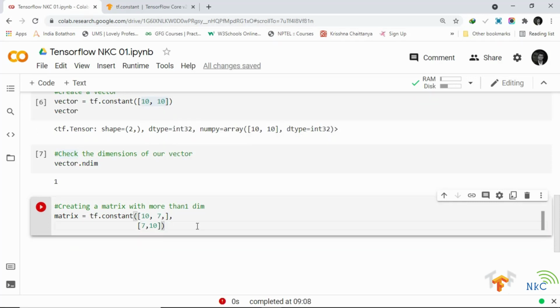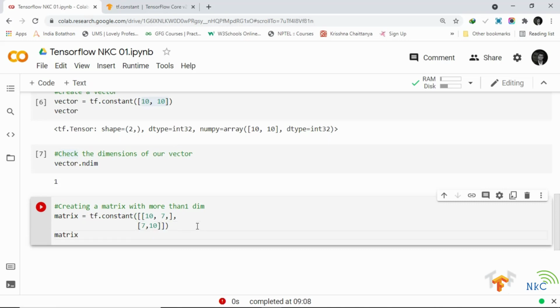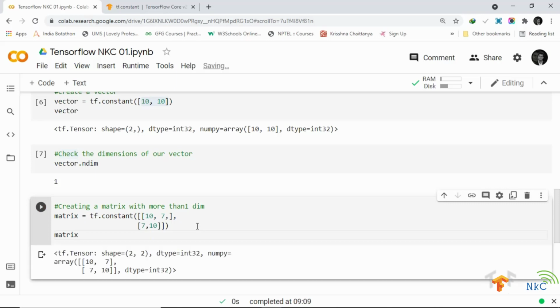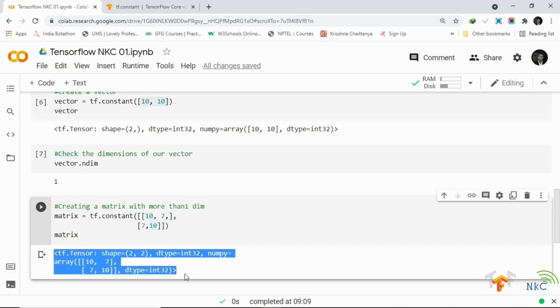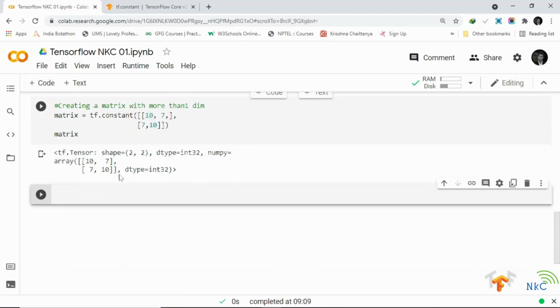My favorite hand is the 10, 7 matrix. Let's see what this is. Okay, the tensor shape is 2, 2. Does that make sense? 2 comma 2, 2 items here. Yeah, that makes sense. So these are integers and the NumPy version is just the same thing here, with a data type of int32.